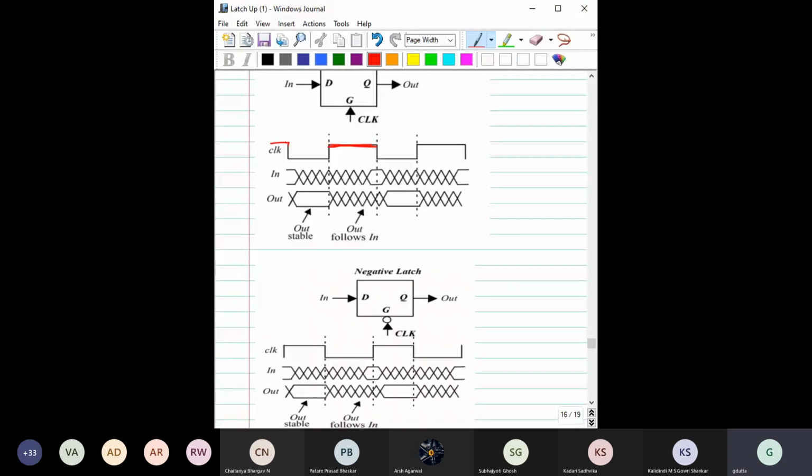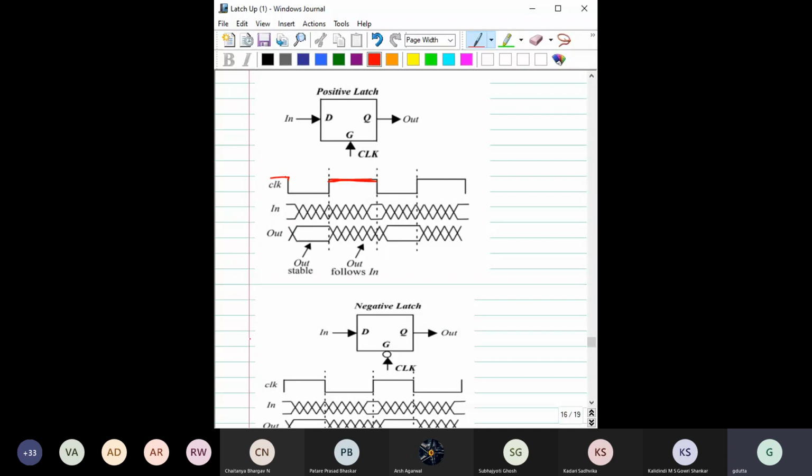Data would be transferred when the clock is 0 or 1. When the clock is 1, let's see whether it is happening here or not. There the clock is 1. Yes, now the data has been transferred to this output. Similarly, when the clock is equal to 0, the data will be in a hold